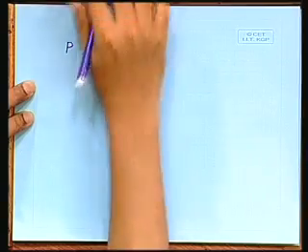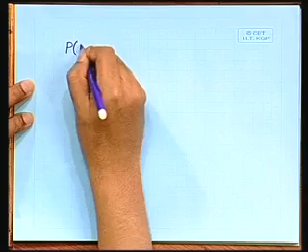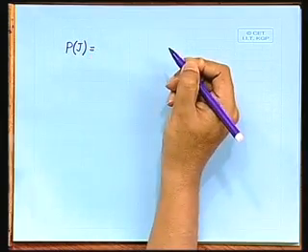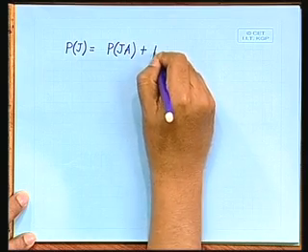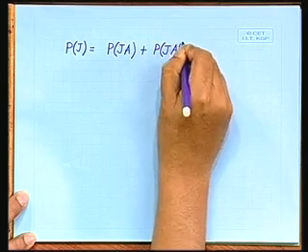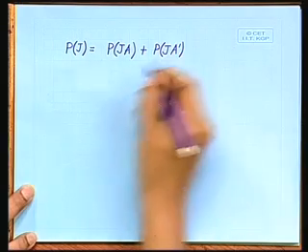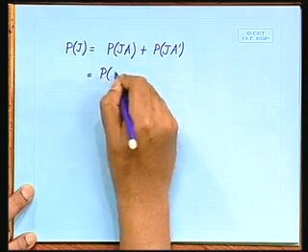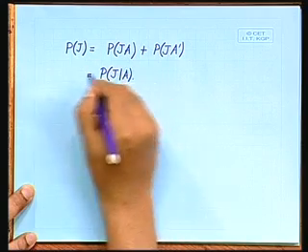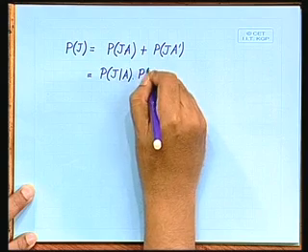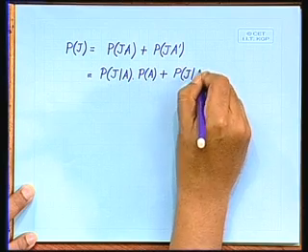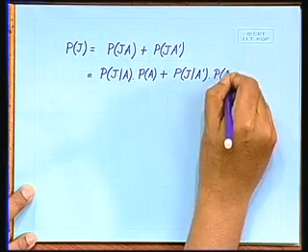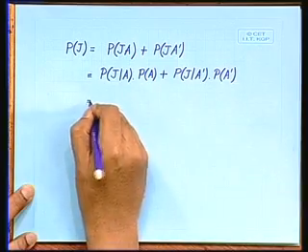So, we again break this up into P(J,A) plus P(J,A'), right, and then P(J) is broken up into P(J|A), which we can find from the conditional probability table, times P(A), plus P(J|A') times P(A'),